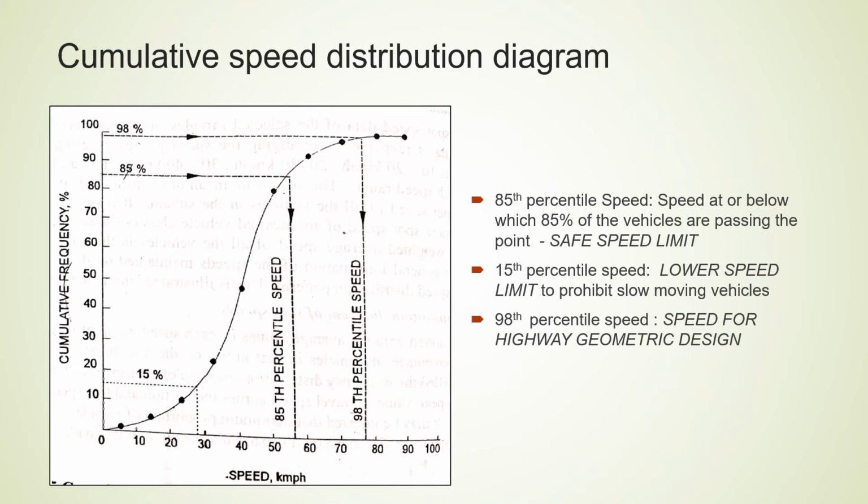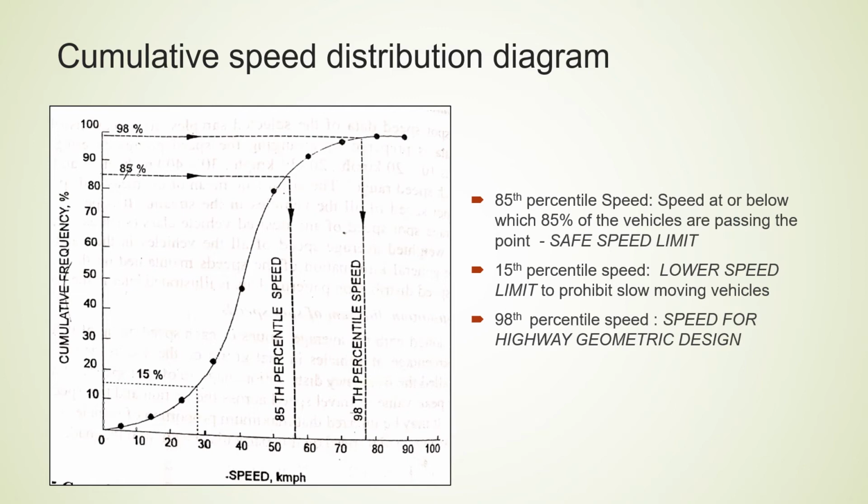We'll discuss that in the next class. Anyway, you just understand that in the y-axis it is cumulative frequency in percentage, and x-axis is your speed in kilometer per hour. In that graph you can see that once the graph is plotted, it will be an S-shaped curve, and the last maximum point in that graph will be the 100% point, because we are plotting the cumulative frequency percentage on your y-axis.